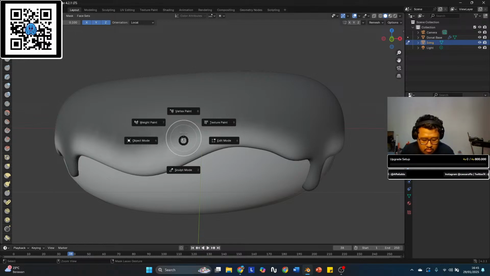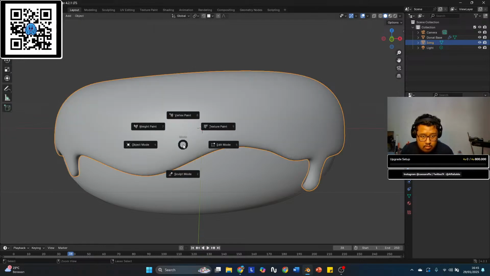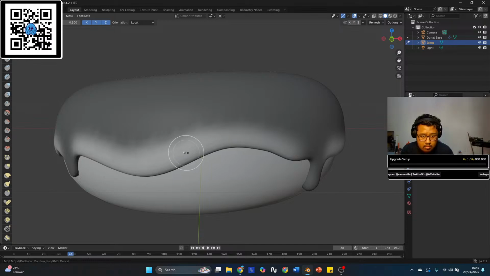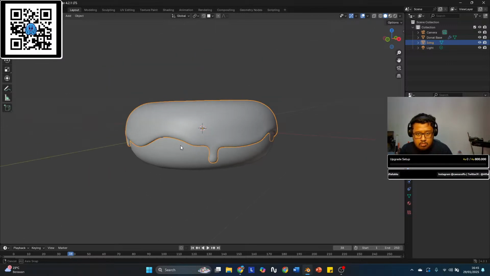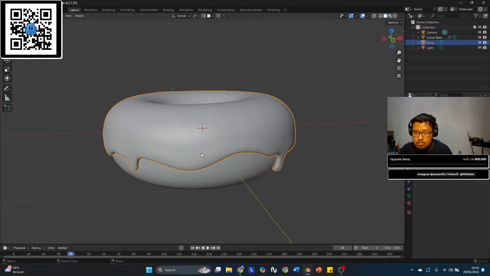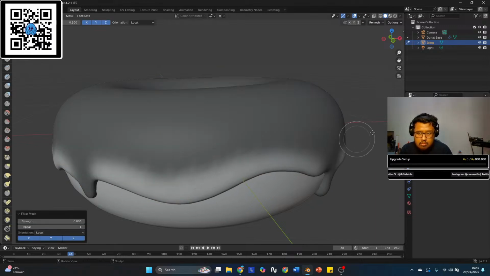Now there's a little bit of artifacting there because the way the mask works is it's kind of that feathering thing. It's not very exact and it's kind of got some values in between. So we can smooth that out in sculpt mode by first of all just clearing the mask and then using the smooth tool. By default, it's too high, so just turn it down. And I'm just going to smooth that edge, and that'll